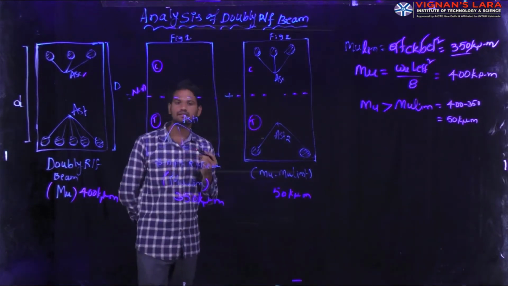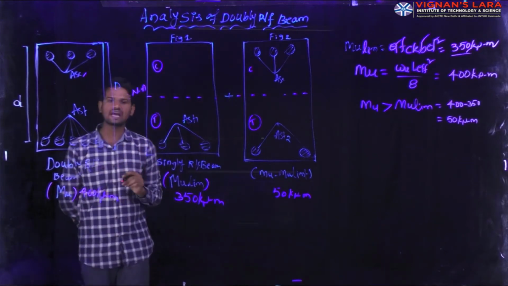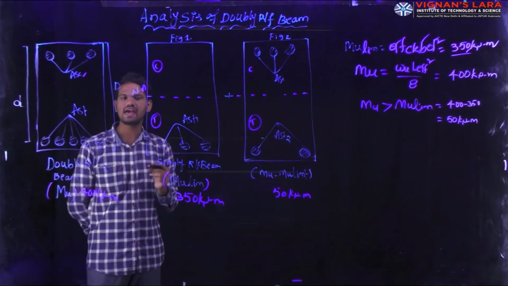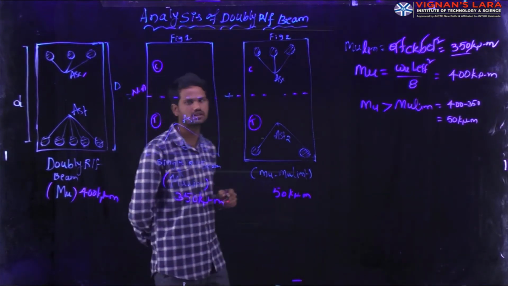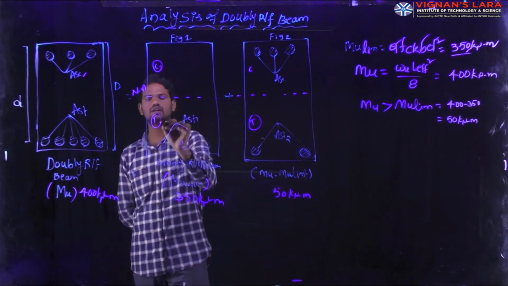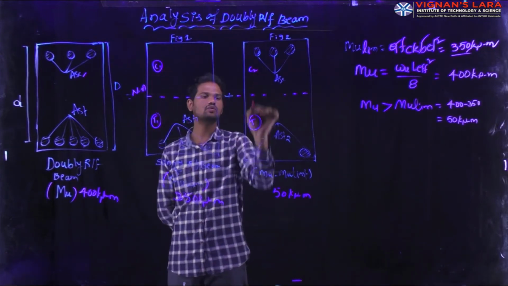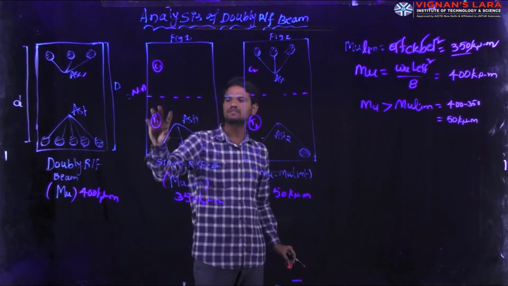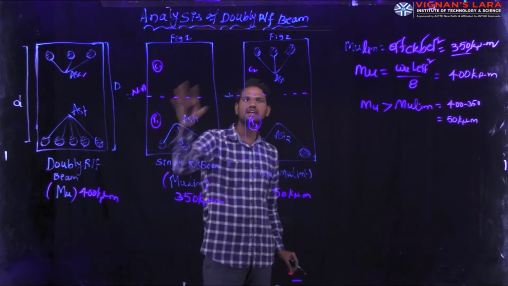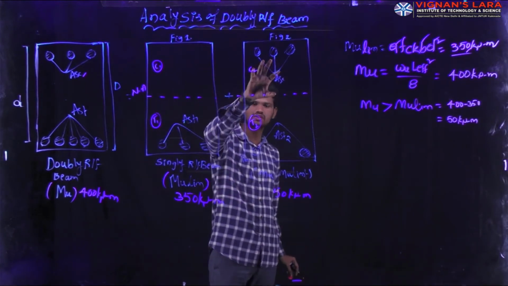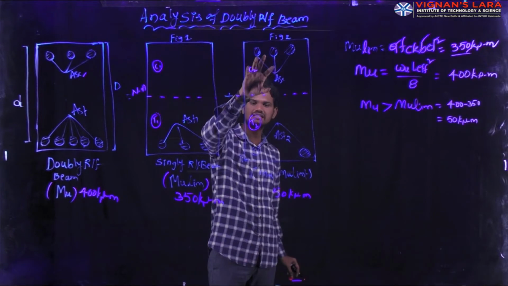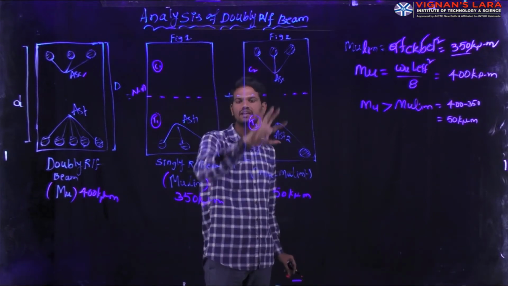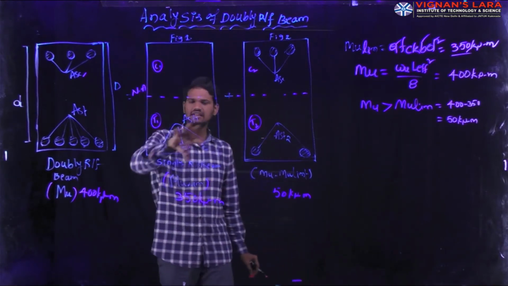Based on our previous discussion, now we have to calculate the analysis of compressive forces in the top portion as well as analysis of tensile forces in the bottom portion. That means C1 equals T1 as well as C2 equals T2. That means compressive force for a singly reinforced beam as well as tensile force for a singly reinforced beam, as well as compressive force for the additional moment carrying capacity of the section and tensile force for the additional moment carrying capacity of the section. This is the singly reinforced section.